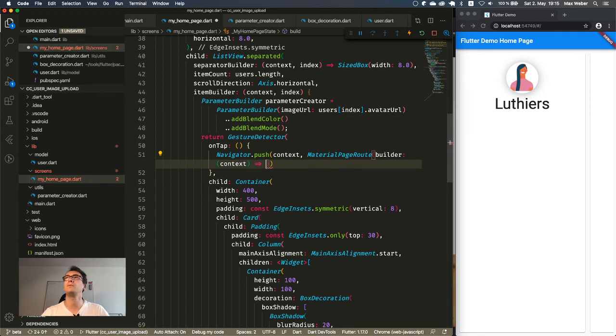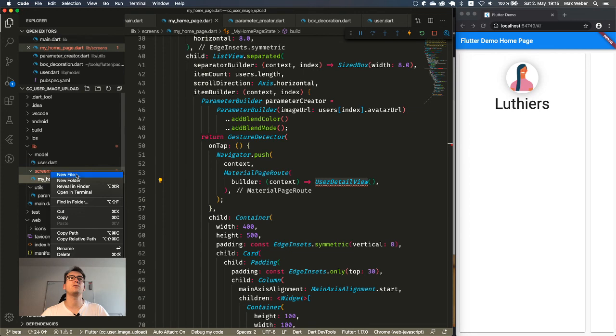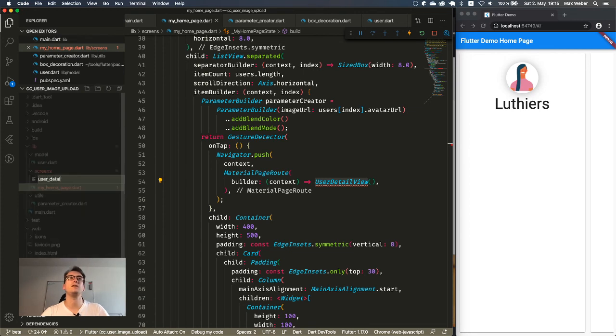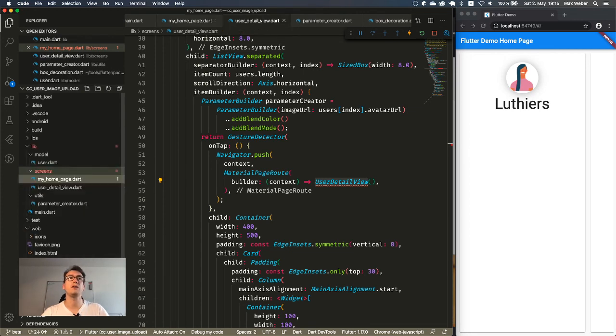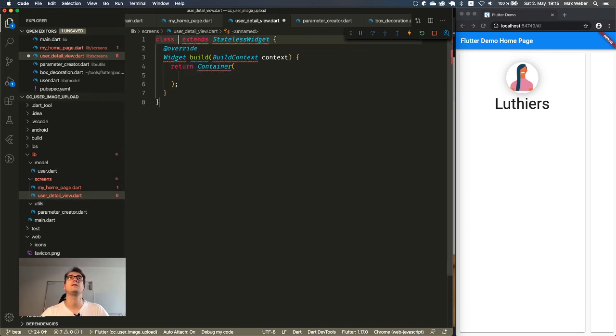So for example, we want to have a user detail view. So, and this user detail view has to be now created. And for that, we create a new screen, user_detail_view.dart. And here we create a stateless widget, UserDetailView.